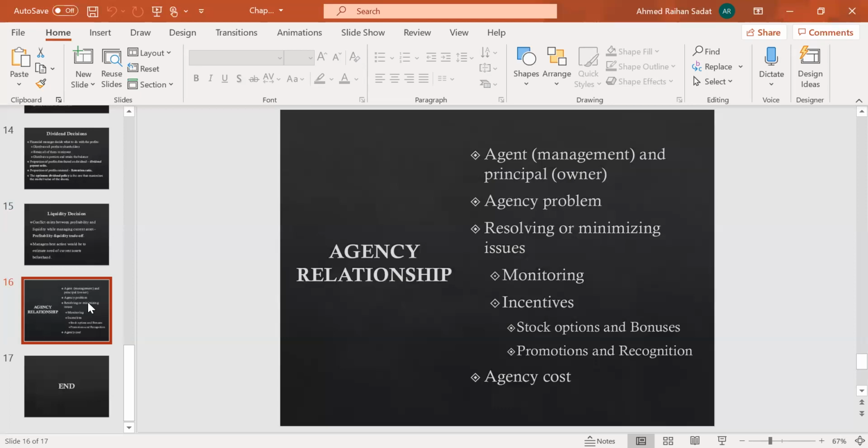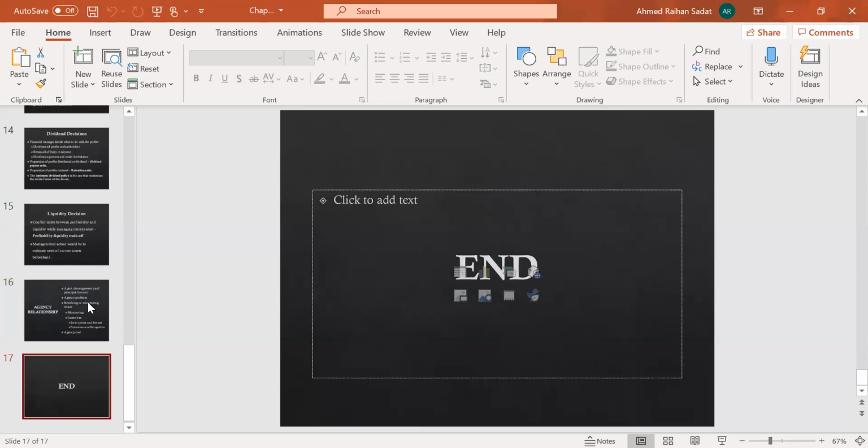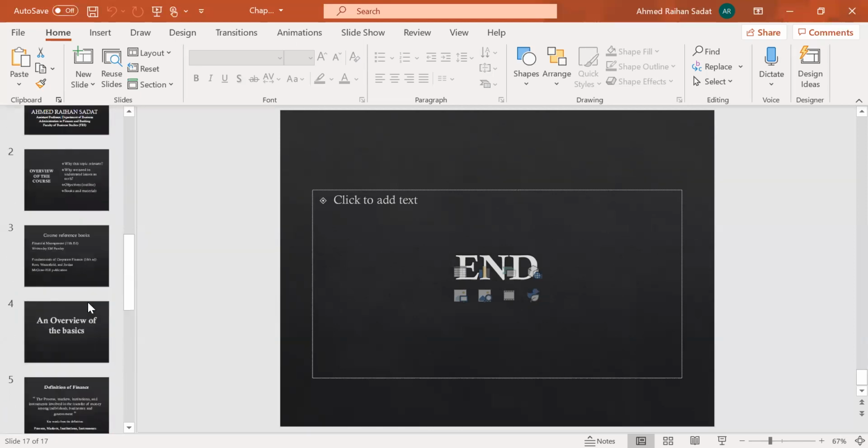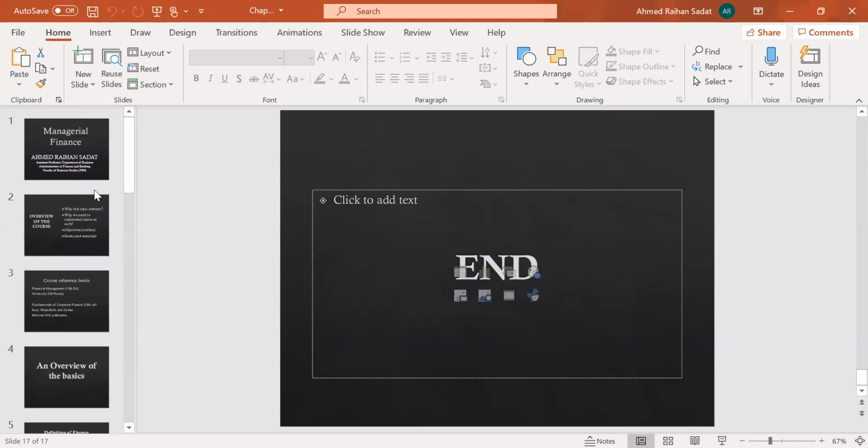I have summarized the topic, although usually I tend to elaborate on the agency relationship a little more, but as you have already covered this in your Principles of Finance course, I did not go into those details for this topic. I hope you already know it, and my discussion might help you clear it up a little or recall the topics. So that's it for today's class. I hope I could make you understand what I was trying to convey in this part.